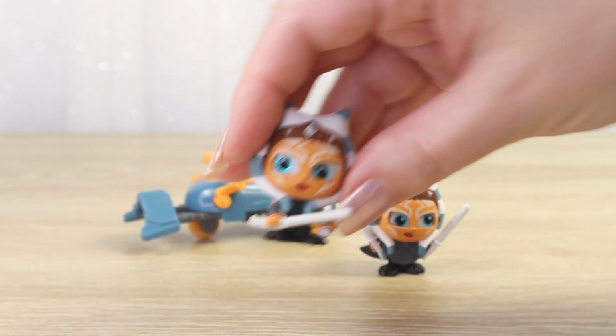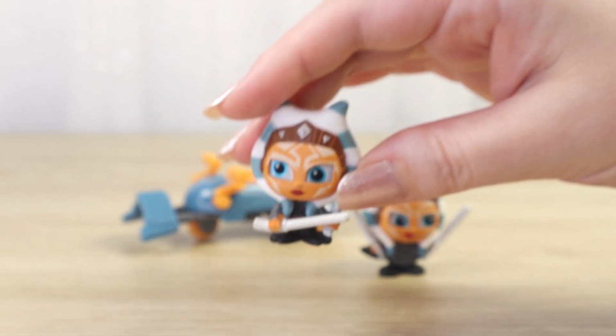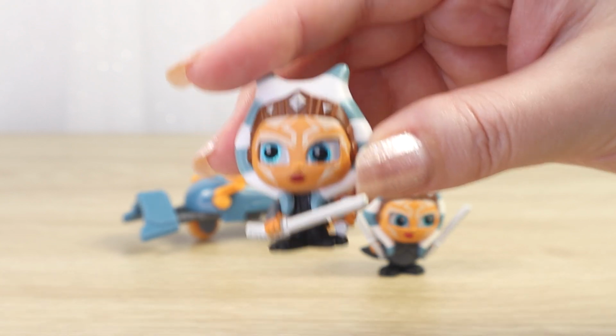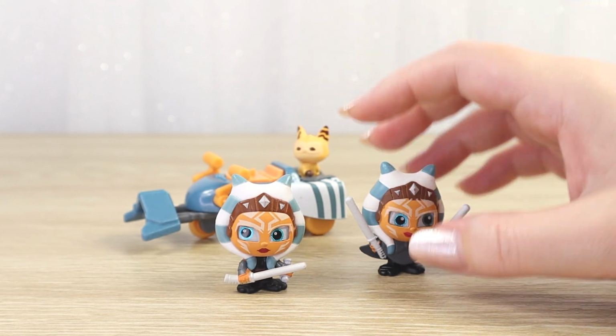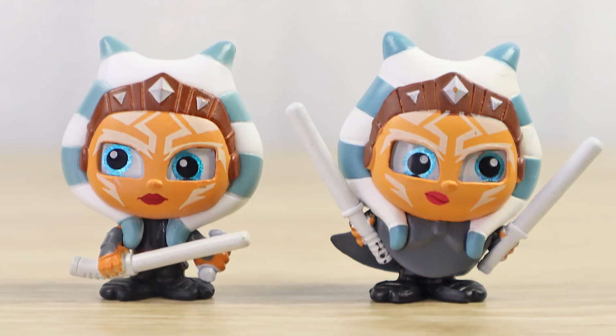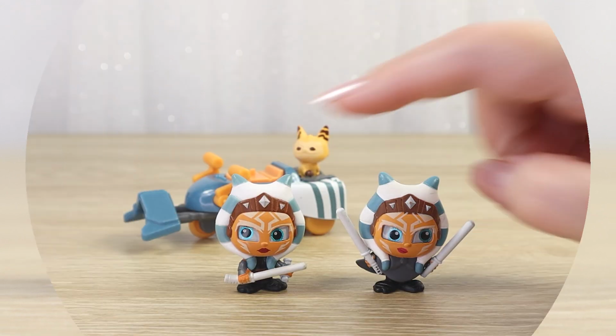This one is a little bit more peaceful, a little bit more of a neutral expression. I like the fact that her eyes are also pointing out in a different position, and of course they both have that matching blue glitter. It's nice to see just how close these two look. So if you have them together, perhaps you are an Ahsoka fan and are just collecting Ahsoka items, they look